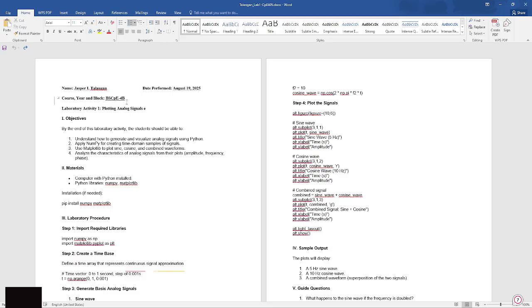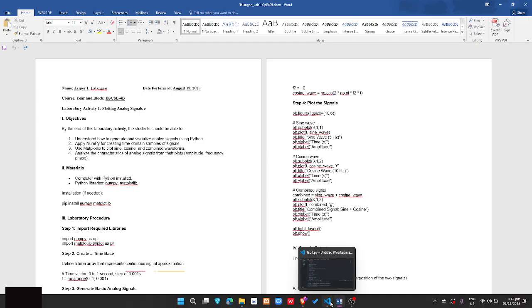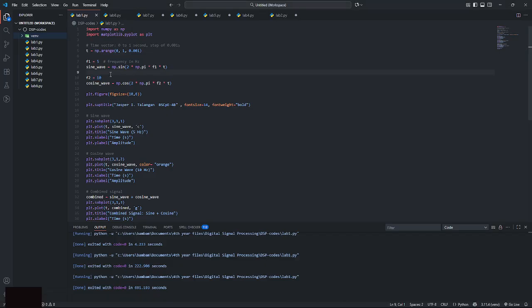Number four, analyze the characteristics of analog signals from their plots: amplitude, frequency, and phase. So let's go to our code. Let's open our IDE. The IDE that I use to compile my code is Visual Studio Code.